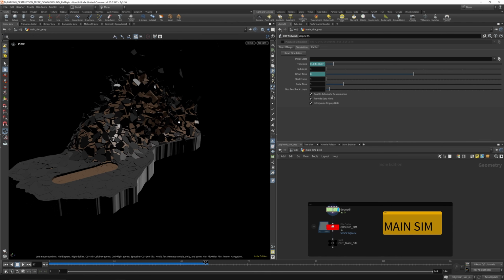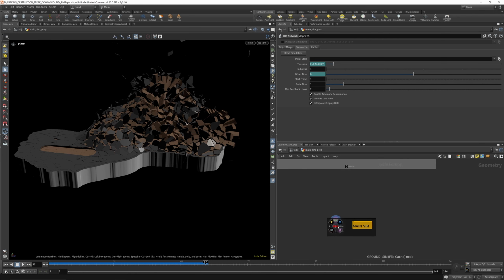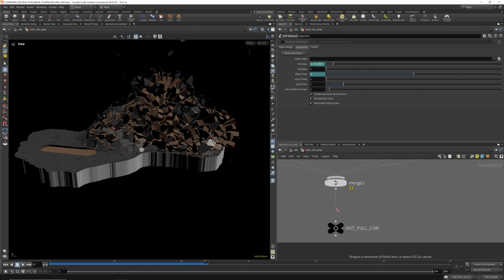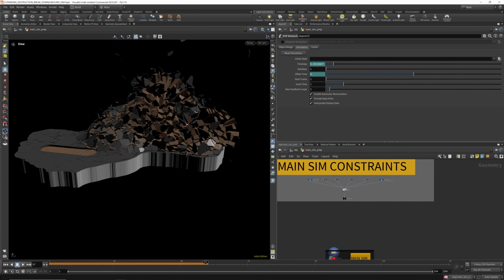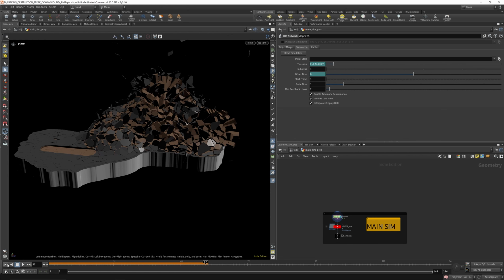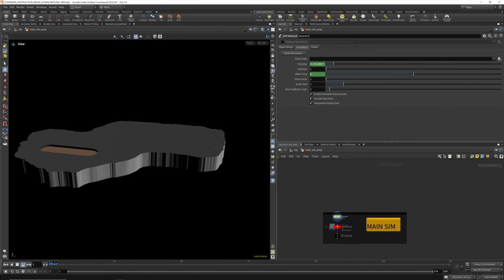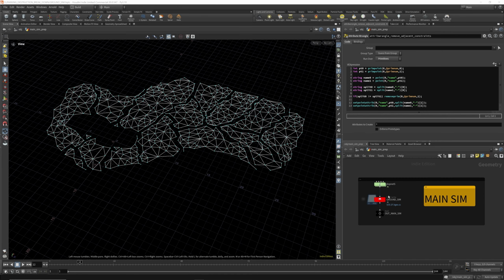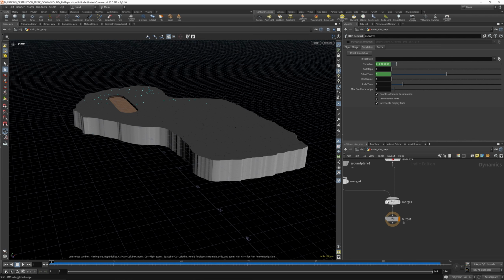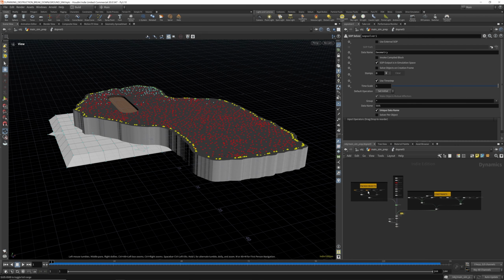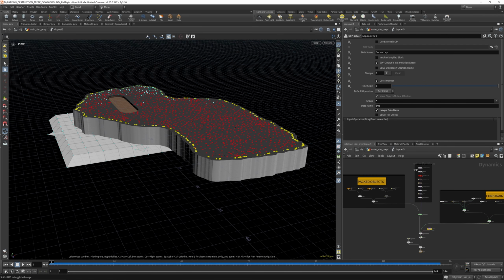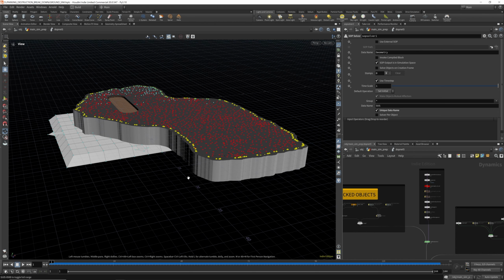As you can see, our pieces are just flying away crazy, but if we add this overall layer, you can see it's going to be confined. Cool. So if we come down to our main simulation area, I've just disabled several things in this network that we haven't covered yet, and we're just going to deal with this road. And if we take a look at our result,